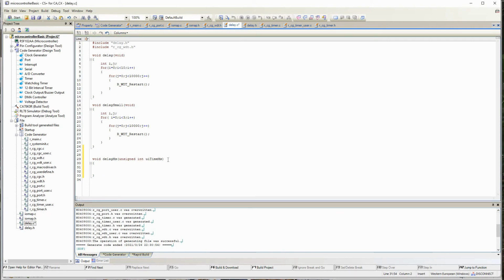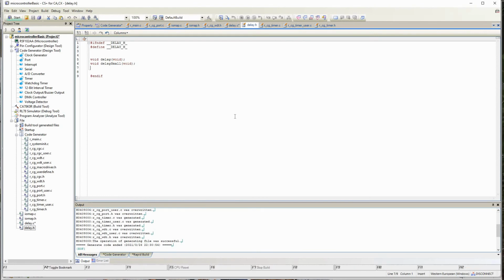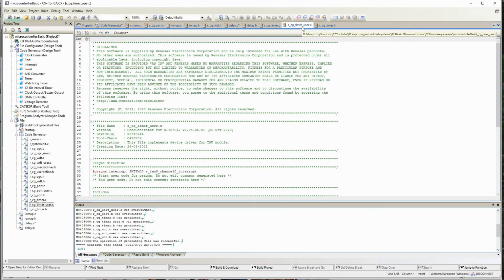Okay, now we have this. Let me prototype this function in delay.h. This is the prototype. Basically, I'm going to write a timer for every 1 millisecond and call it repeatedly.